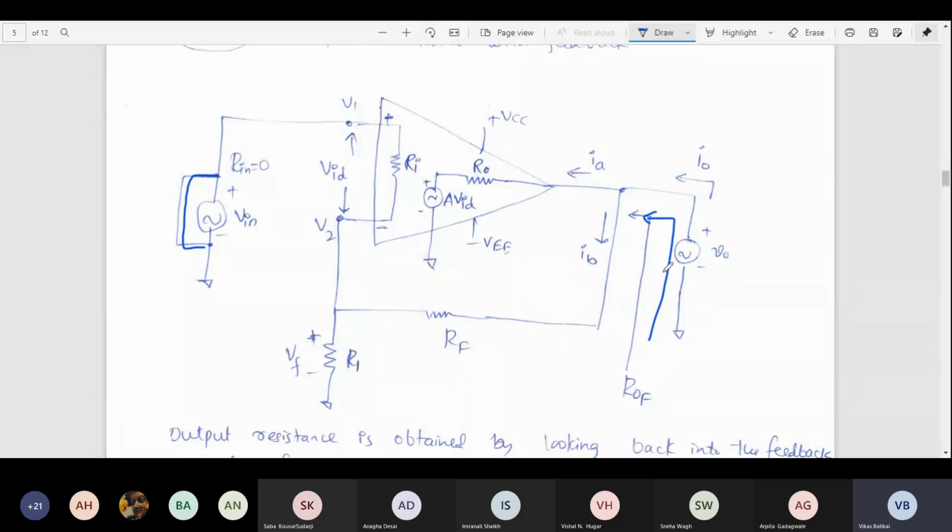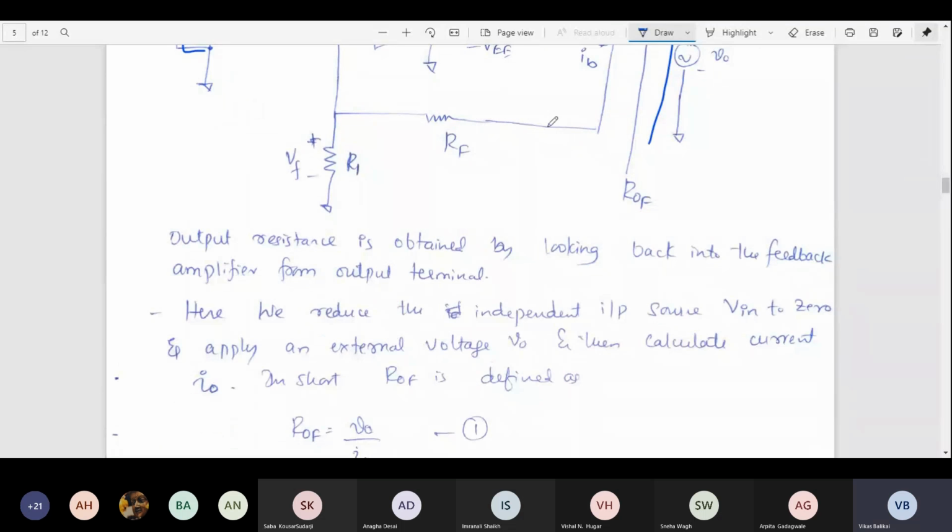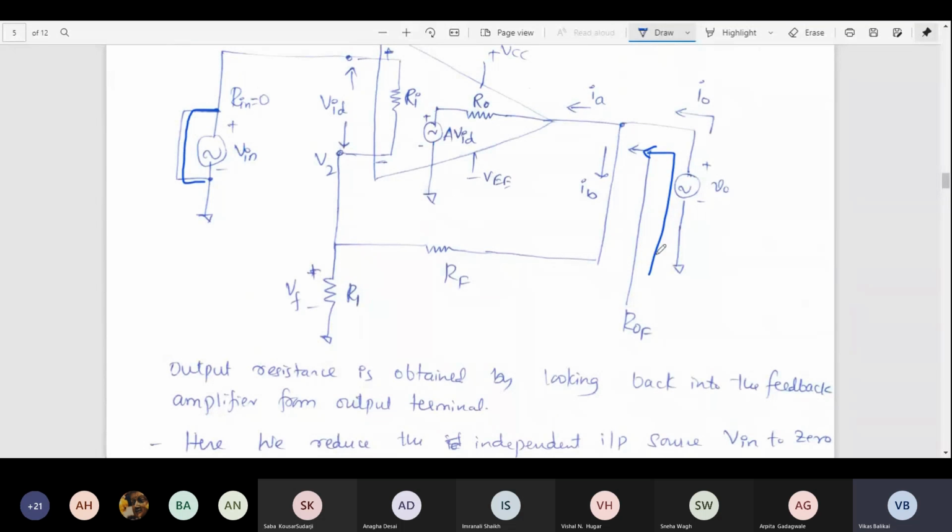Now I have connected an output voltage source over here, and I'm going to plug in the dummy source, and we'll try to understand what are the different currents that flow inside the op amp from the output side, and try to analyze the situation, and then we'll try to figure out what will be the output resistance with feedback. Fine. Now that's what I told. I am removing this source and I'm connecting over here.